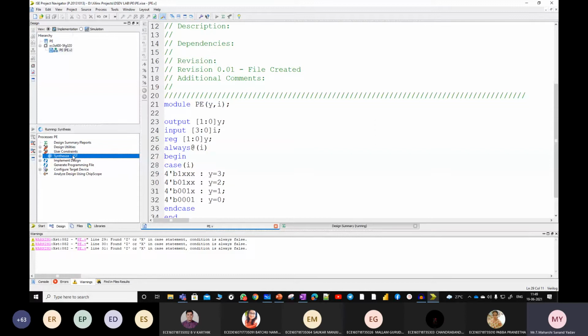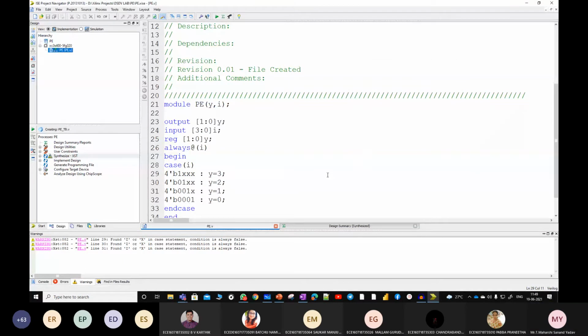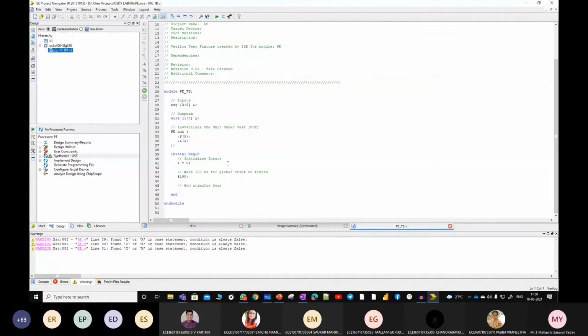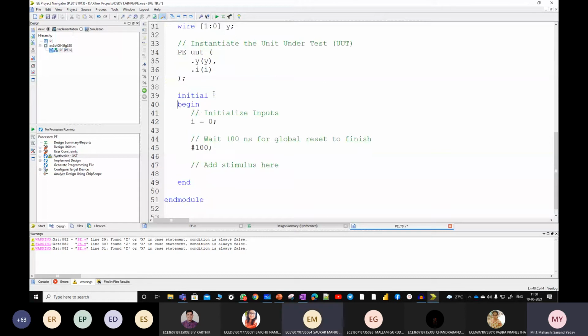How to write the test bench? Right click, new source, Verilog test fixture. I'm giving the name PE_TB. If I want to view the result in the console window, what do I have to do? $monitor.